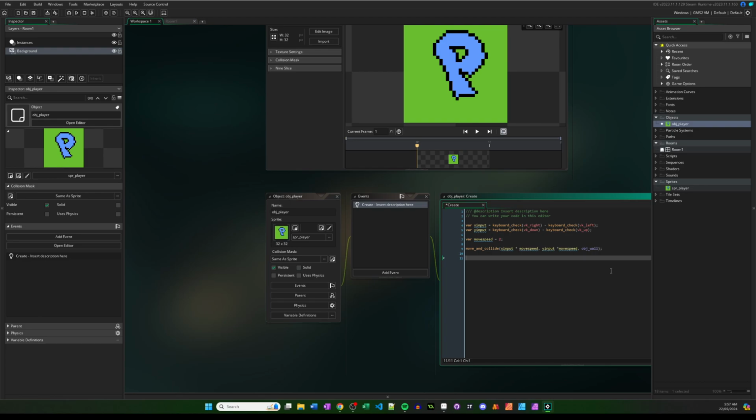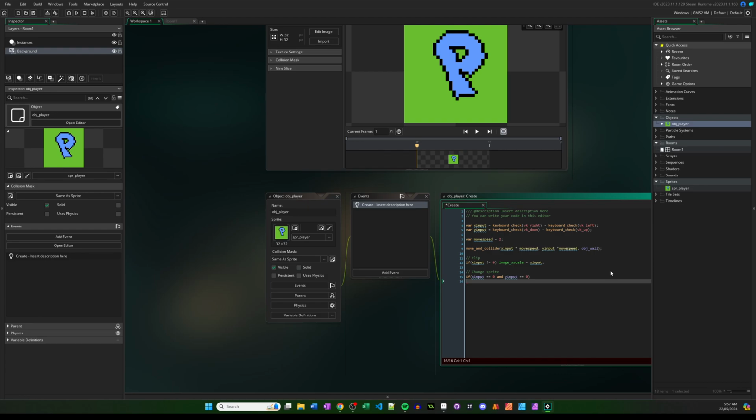Then what we want to do, and we're going to get to this in the next episode, is do some stuff with our player sprite. First we're going to flip the sprite. So if x input doesn't equal 0, so our left and right or x-axis doesn't equal 0, which means we're pressing something, our image_xscale is going to be x input. Now we're going to change the sprite. If x input equals 0 and y input equals 0,